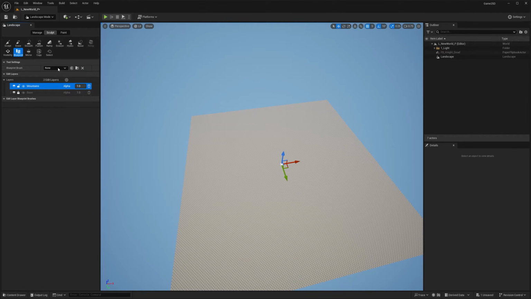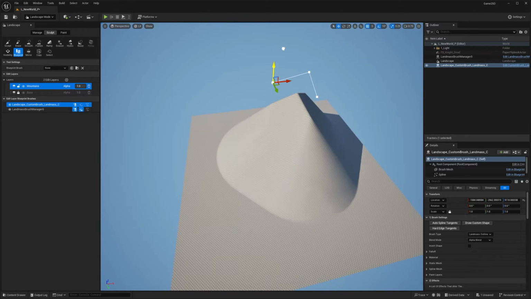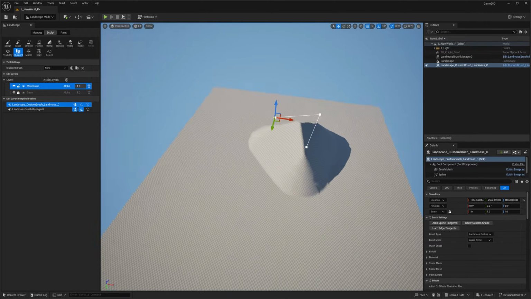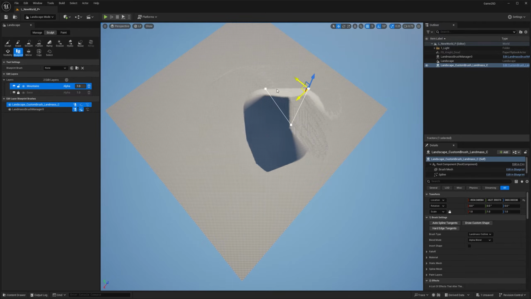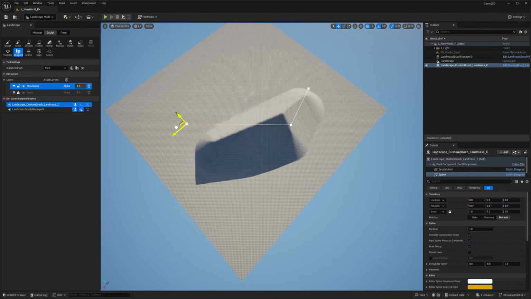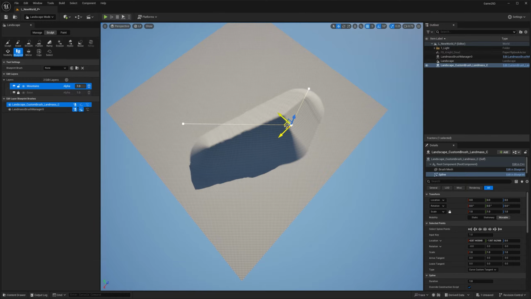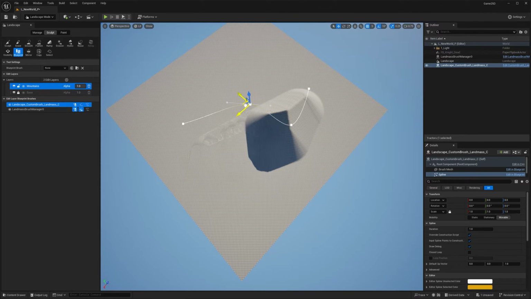The blueprint brushes are cool because if you go to the drop down menu here and you look for custom landmass, custom brush landmass, select it and you click it, whoa, let me push this up. It's gonna give you a Bezier curve. And that Bezier curve is essentially dictating the shape of your mountain. And you can just select a point and alt click and drag and you can start pulling out.